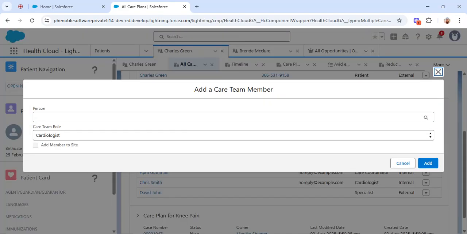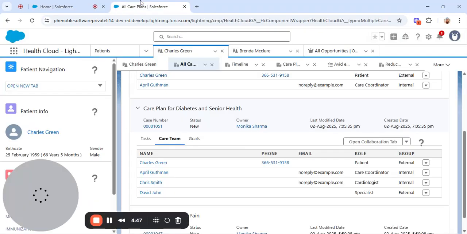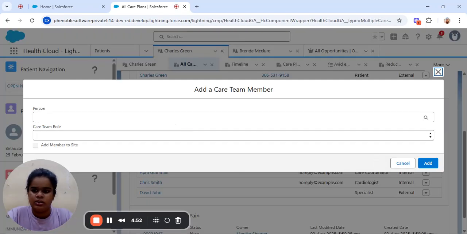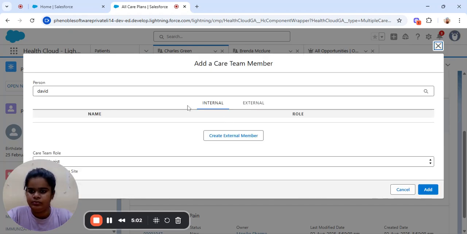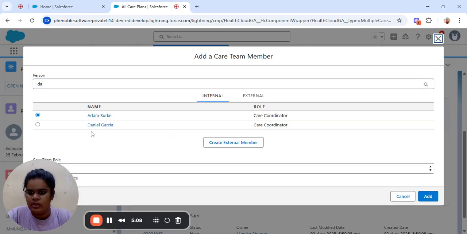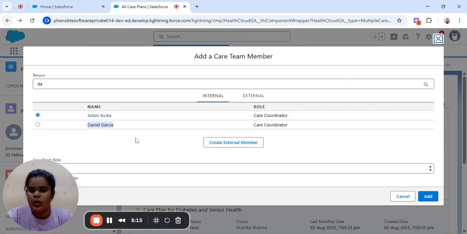If you know the person's name, just write down the name here. Let me open something else. For example, this will list all of the care team members here.